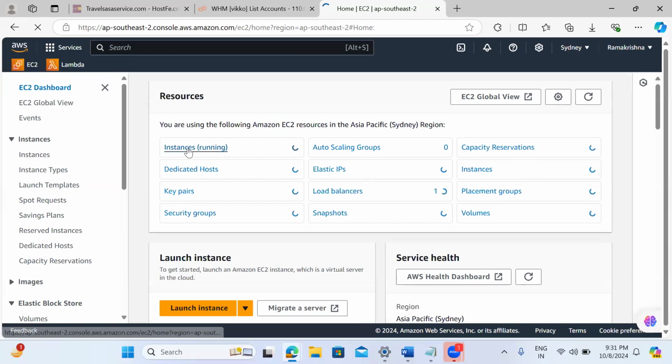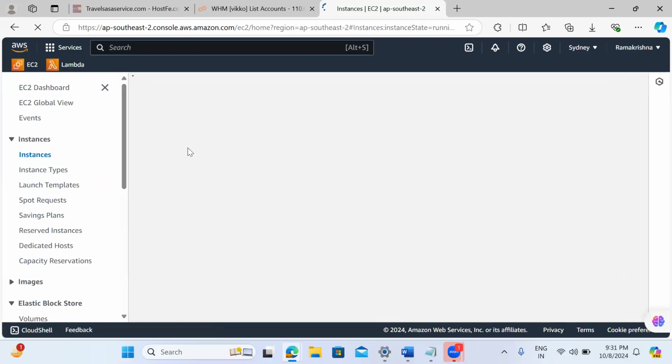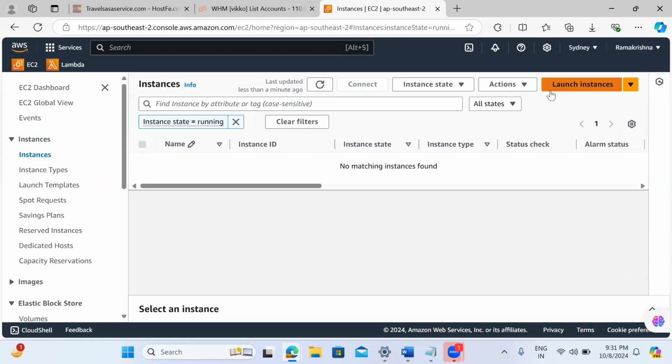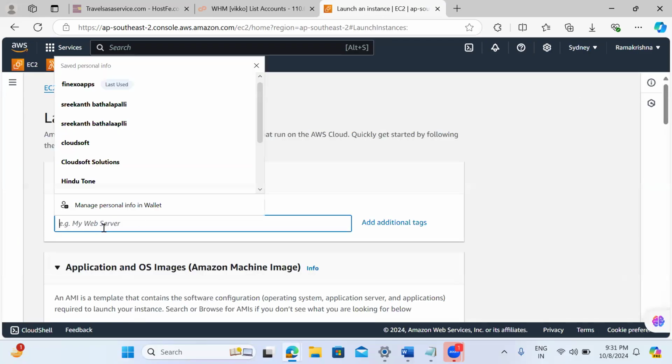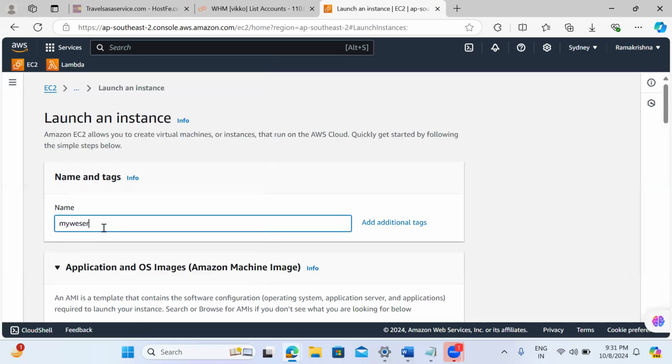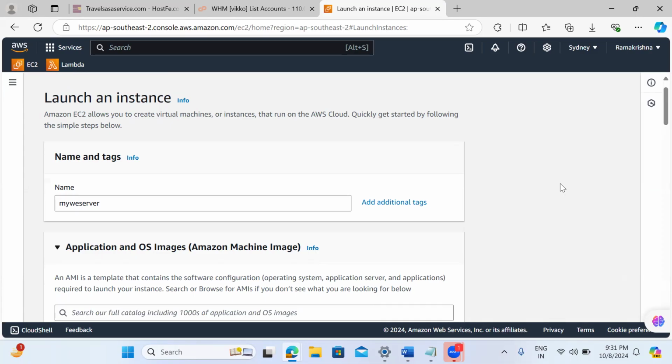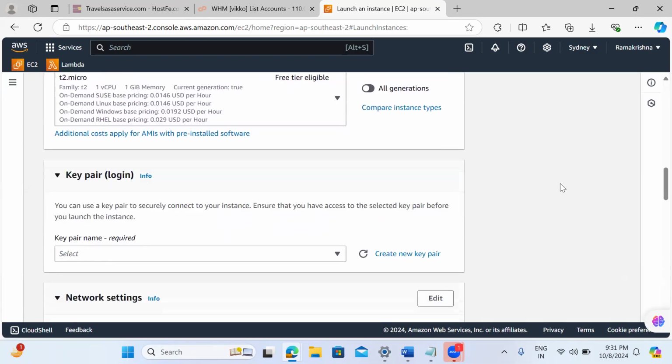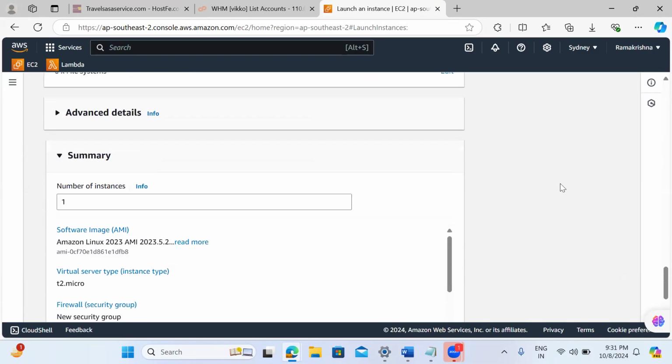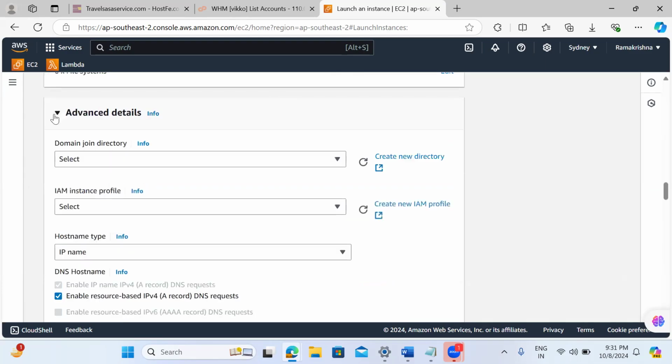I'm going to create an EC2 instance, launch instance. So my web server I have taken here, any name you take. Remaining all the options are same, but we need to go for advanced details. In the advanced details, what we need to do is, here we have IAM instance